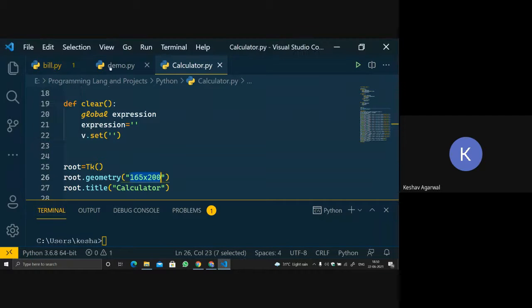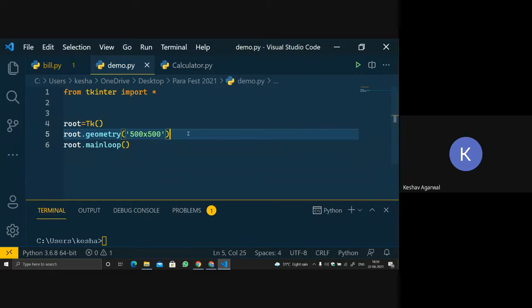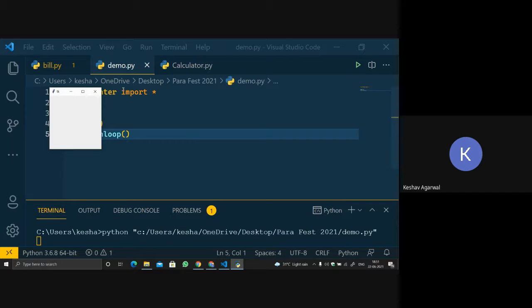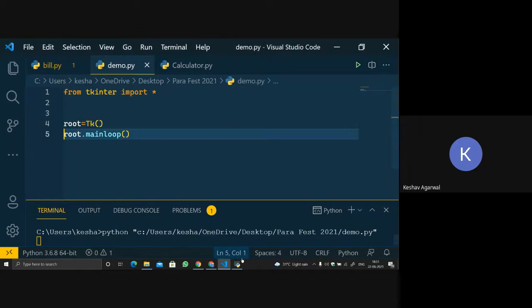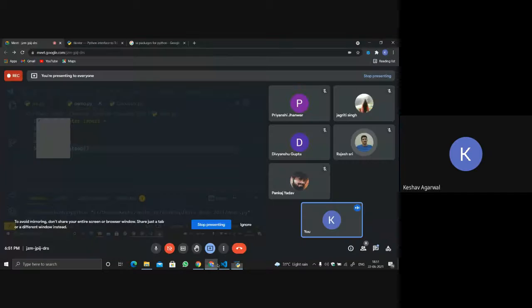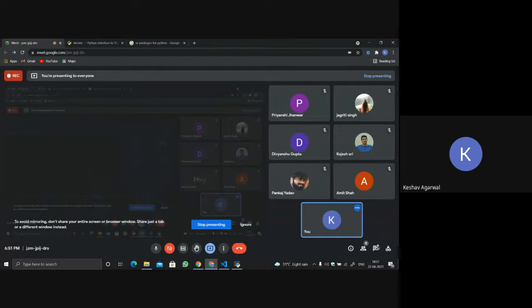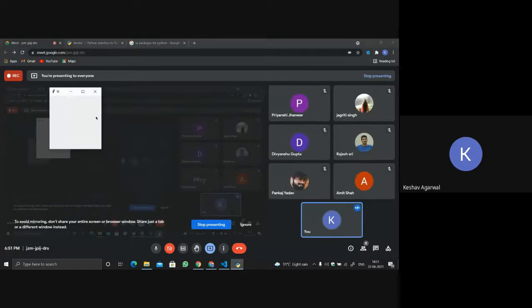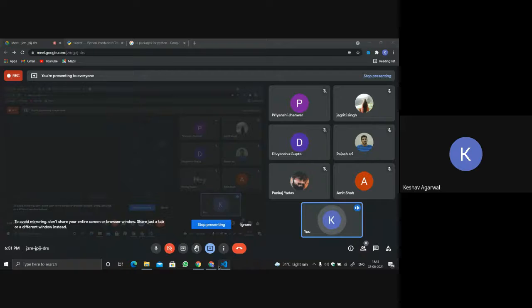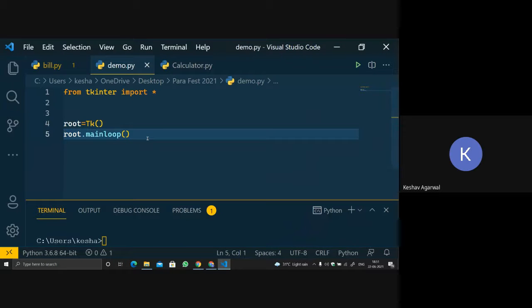And if you don't mention any geometry, then it will automatically take a size, like 165 cross 200, around that. So it defines the size. Is it clear?